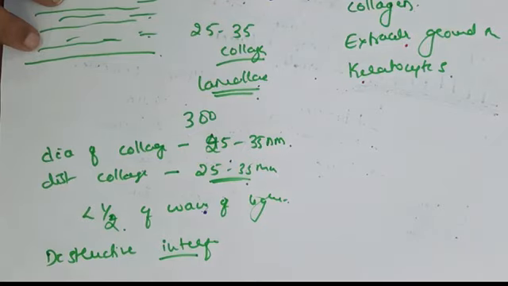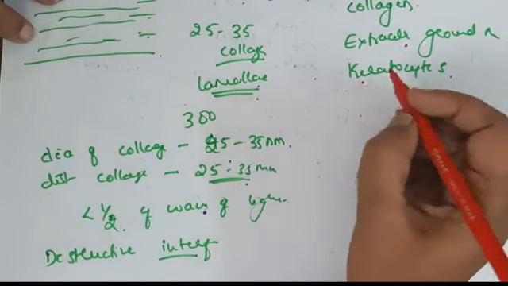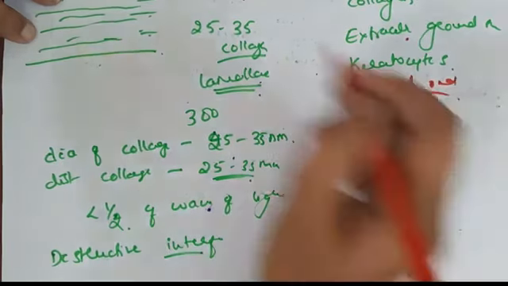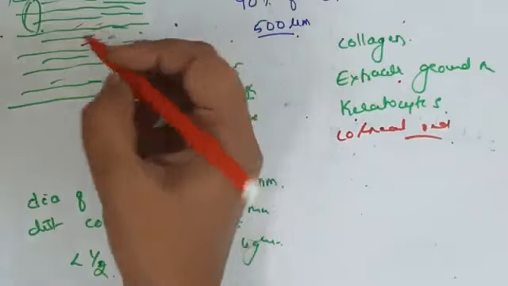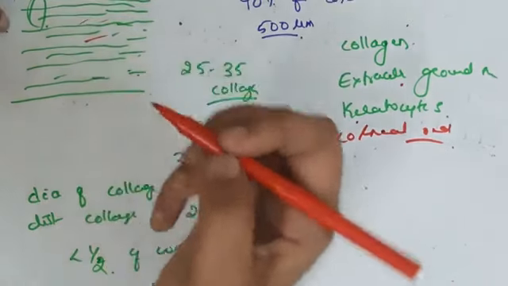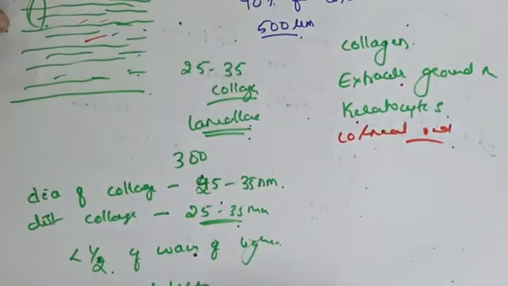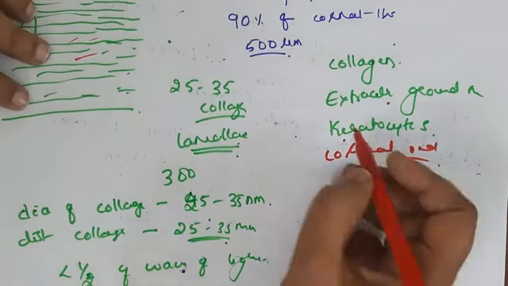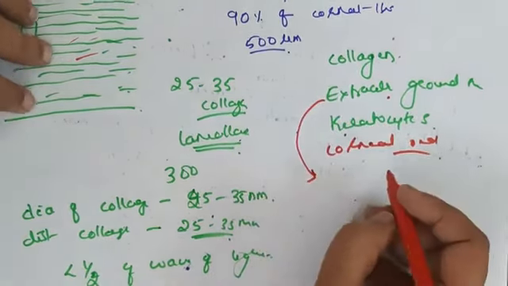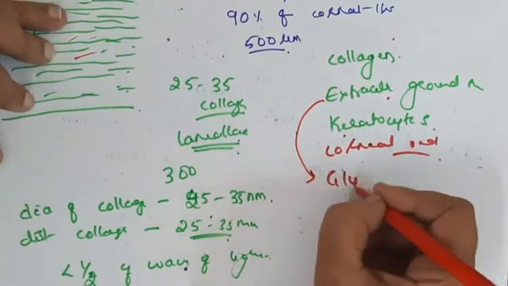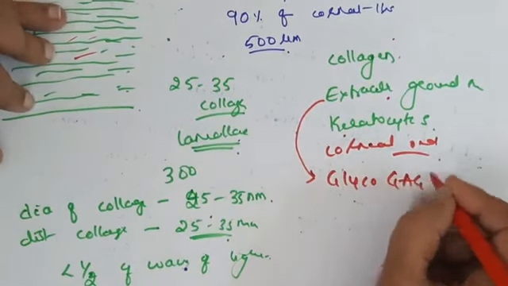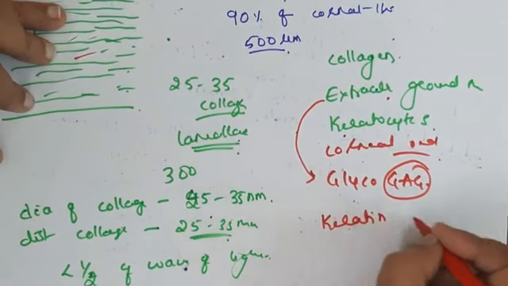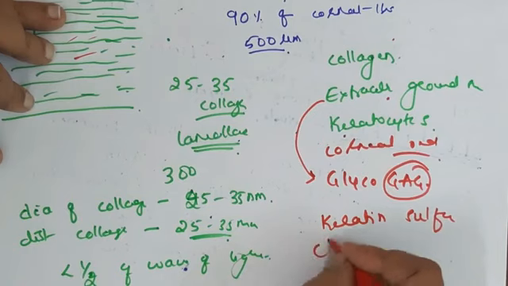So the applied aspects of these collagen fibers I will tell here only. Whenever there is corneal edema or fluid imbibed into the cornea, this arrangement is lost. So the distance between the collagen fibers is increased. So this destructive interference will not occur, and hence there is haziness of the cornea. Okay. The next component is the extracellular ground substance. Here we have the glycosaminoglycans, that is GAGs. In that we have two important types, that is keratan sulfate and chondroitin sulfate.